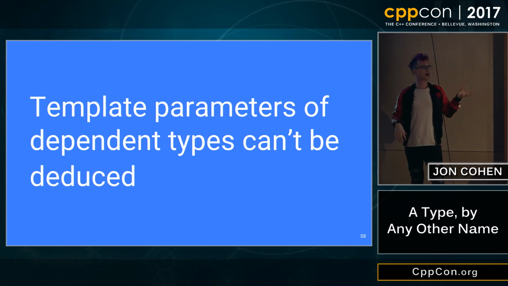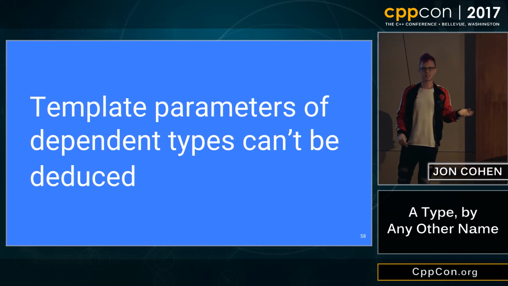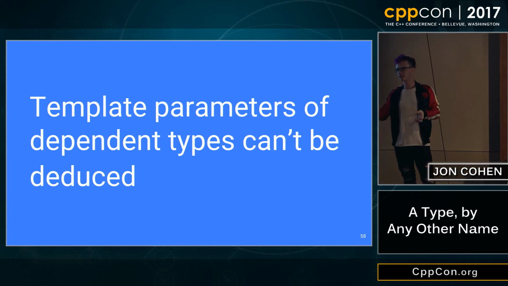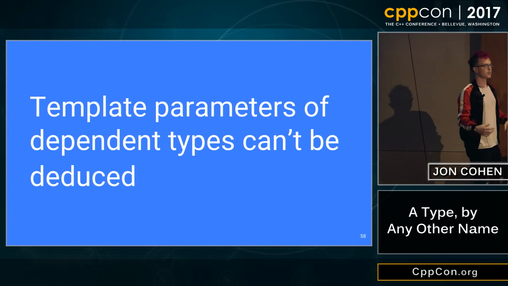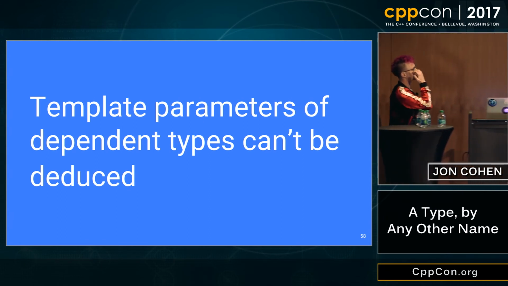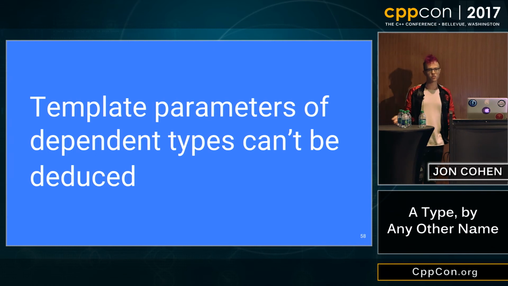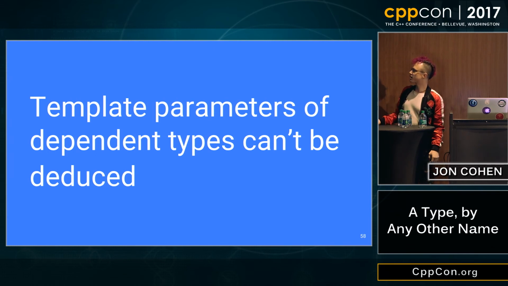And maybe I have a remove_const T and then an int, and then a T, and then T is passed as int, and then, oh, well, this must also be int or something. But you can't ask the compiler to actually deduce these. And if you squint really closely and think about how the type system is Turing complete, asking the compiler to deduce template parameters of dependent types starts to look a little bit like a halting problem.